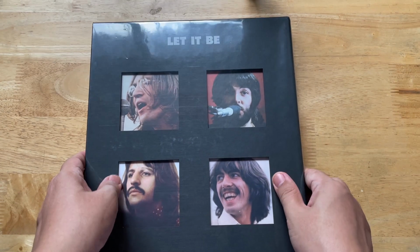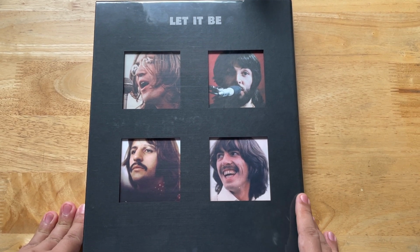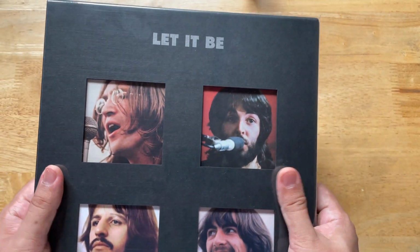So we're just gonna take a quick look at Let It Be, because I already made a comparison video of most, if not all, of the CD editions of Let It Be. So yeah, just a quick look. So this is the Super Deluxe edition. I have it